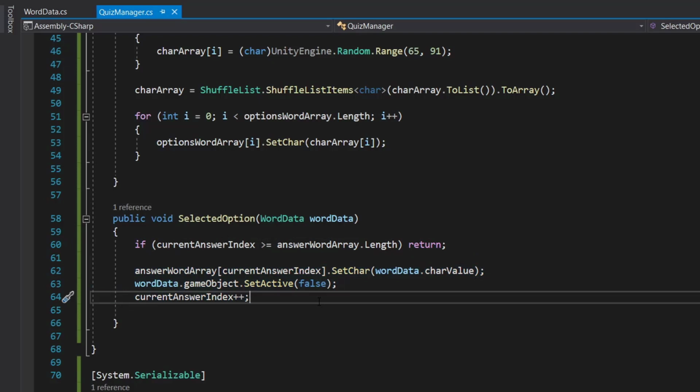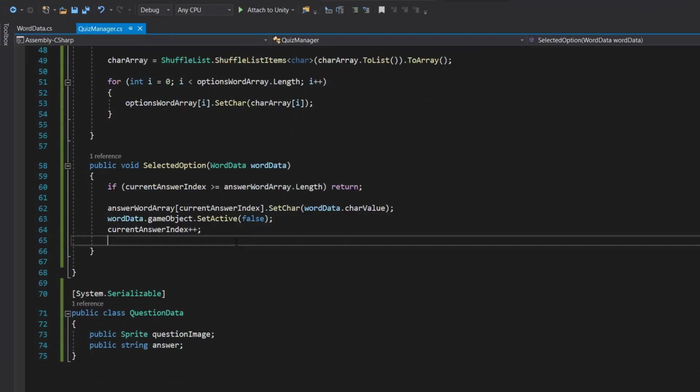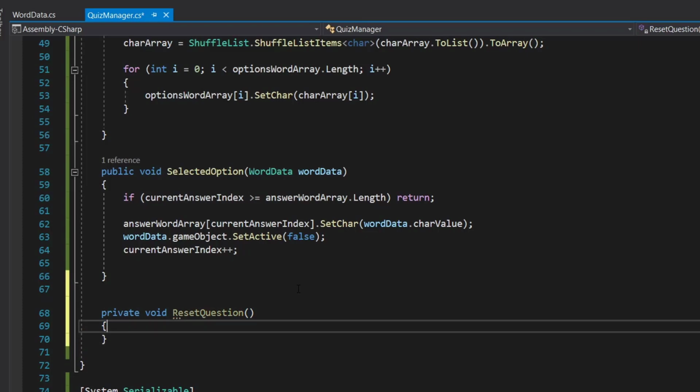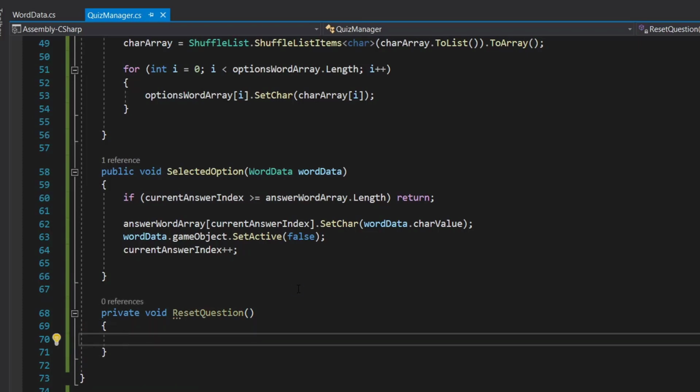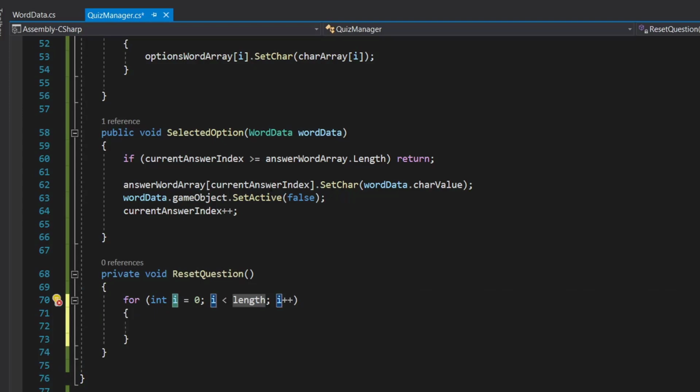Now one more thing we have to do is, okay, we have this answer word prefab and the count is 7, and right now it is showing all of them and we don't want that. Let's say we have a word whose string length is 3, so we don't want to show 7, we want to show only 3. So for that we will create a new method called private void reset question, and the reason I'm calling it reset question is because this method is going to contain more stuff. Right now we are just going to reset our answer word array. So we'll go to a for loop over answer word array dot length,